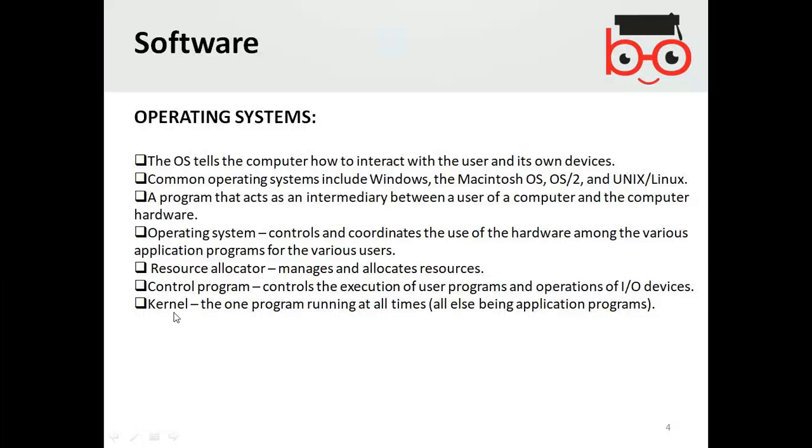The part of the operating system which runs all the time is called the kernel.